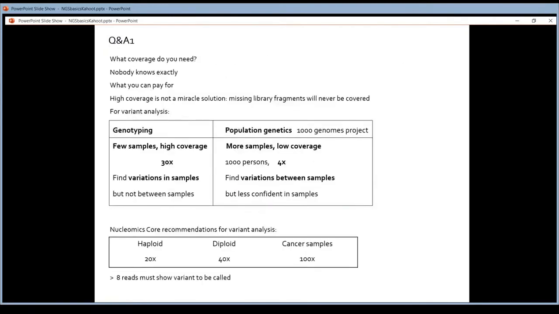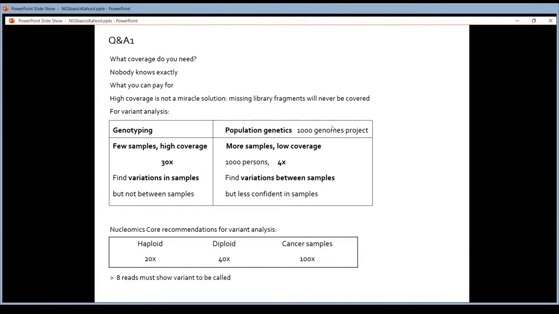That's high coverage. Now, alternatively, there's another experimental setup possible. You look at the whole population and you want to look at mutations in the population: which mutations occur in the population and at which frequency. An example is the 1000 Genomes Project, where they sequenced more than 1000 people to look at exactly this: what are all the variations in the human population? So here you have more than 1000 samples. You cannot go for 30. That would be really expensive. Nobody can do that.